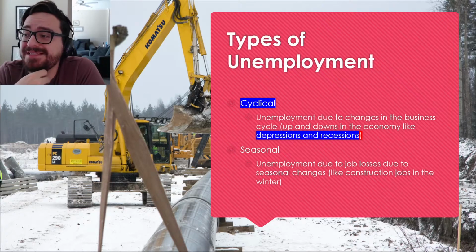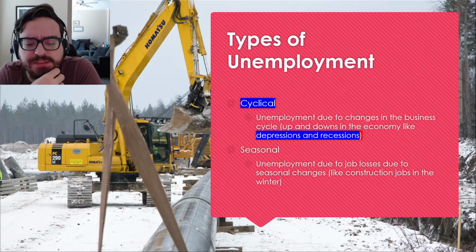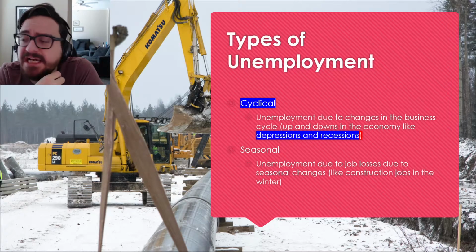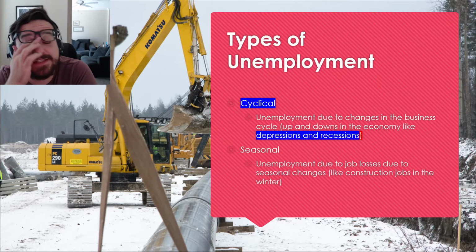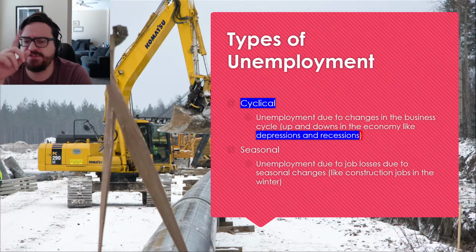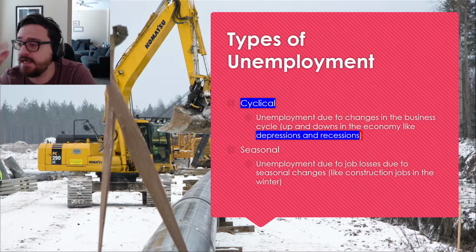But if you lose your job to something like that, that's cyclical unemployment. So the COVID-based recession we're in, because we are in a recession right now, in case no one's told you, and COVID's the cause of it for the most part, that's cyclical unemployment. So with cyclical, you will see large spikes in the unemployment rate in quick bursts of time. And that's not good. You don't want to have cyclical.